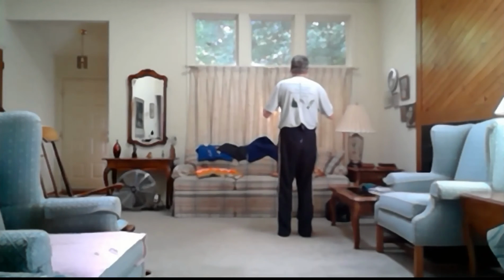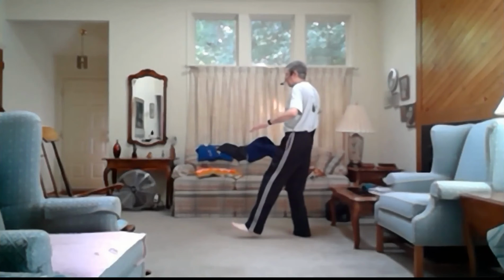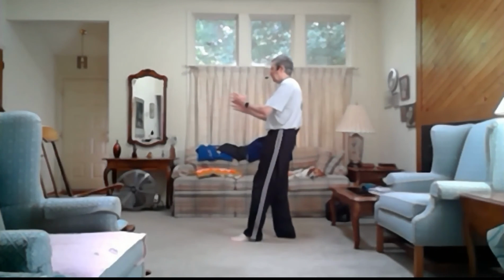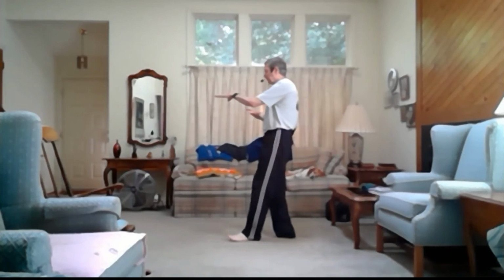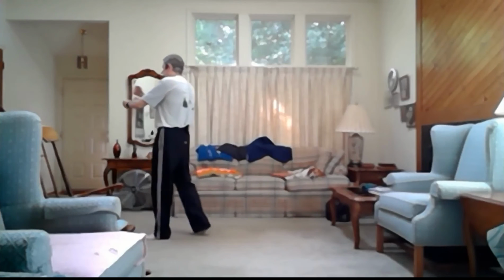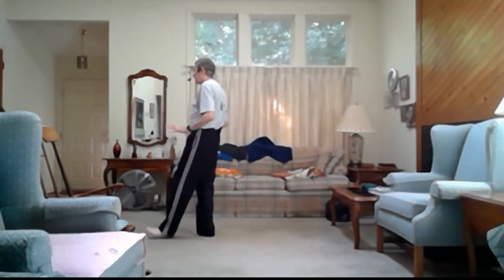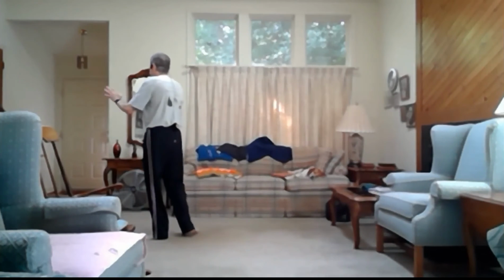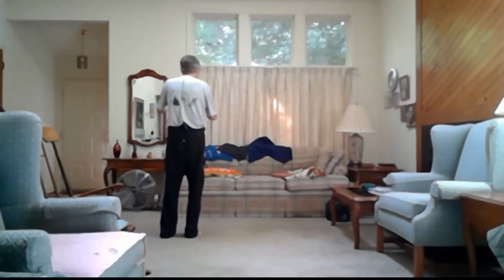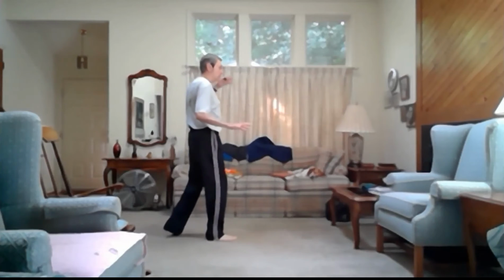Open, close, second part of the second section, brush knee to the left, play the lute, parry, punch. Apparently closing, push the mountain to the front, open, close, first part of the third section, brush knee push to the right,